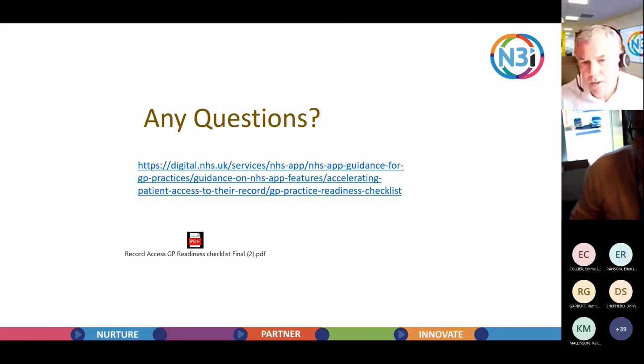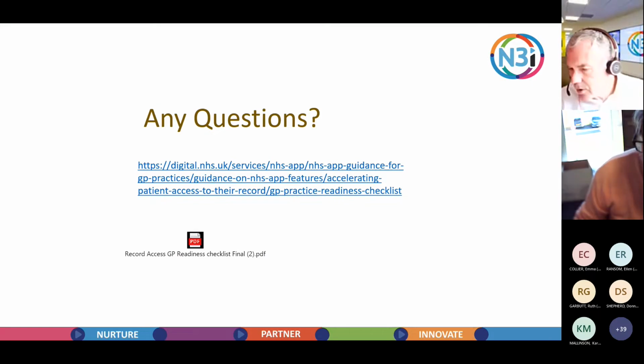What patients are going to be seeing, and again, oh, I did mean to mention this. You can set up a test patient, and on one of those guidance pages, it talks about how to do that, so that you can see how it works, see the patient's view, if you like.